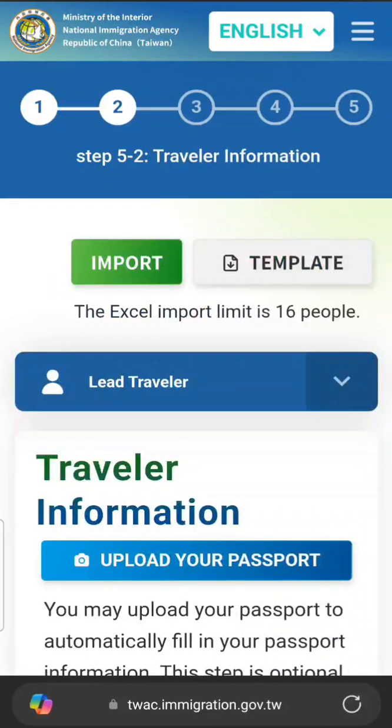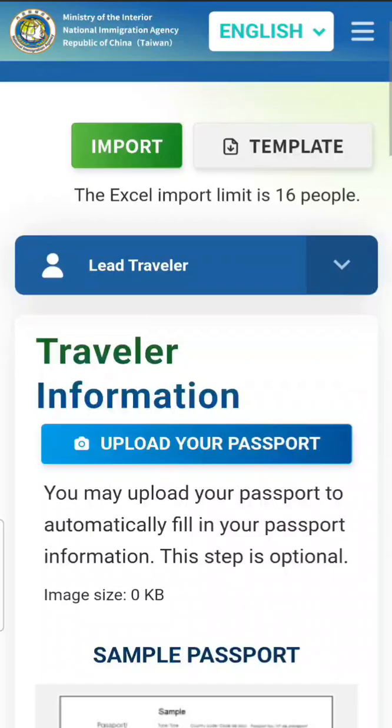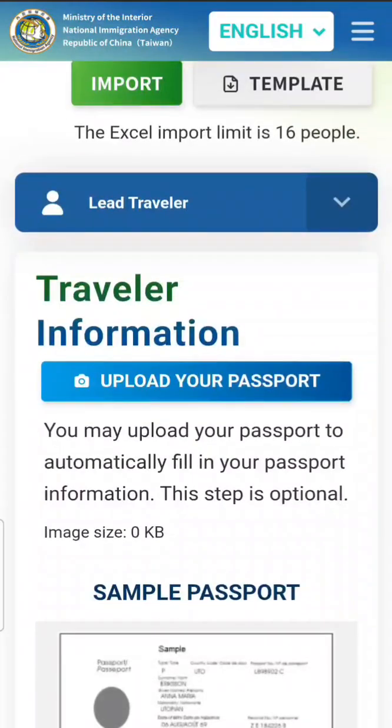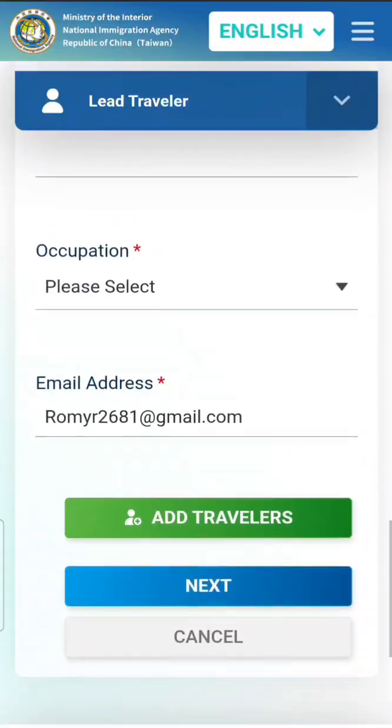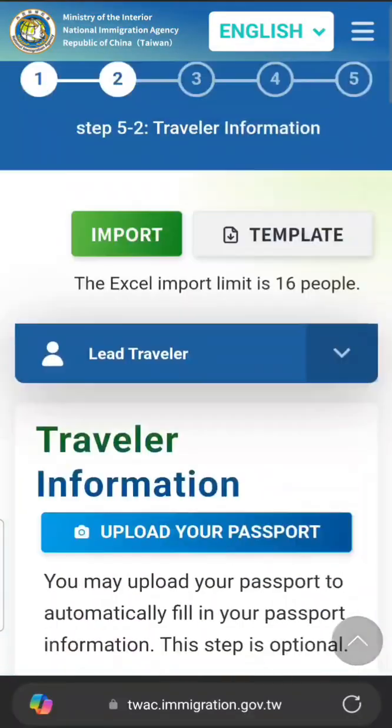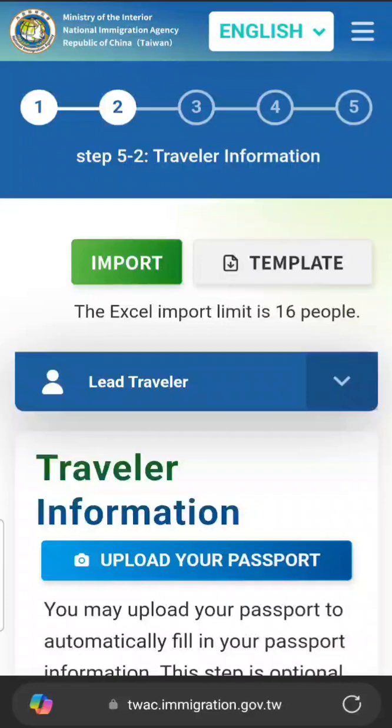Okay, we are in the second step, where we are gonna add traveler. So this is the lead traveler first. At the bottom of the page, if you go, you can add travelers. So basically, if let's say multiple people are traveling together like a family, husband, wife and all, so one could be the lead traveler and other could be accompanying, and their details can be submitted in a single form so that not everyone needs to fill this up. Okay,